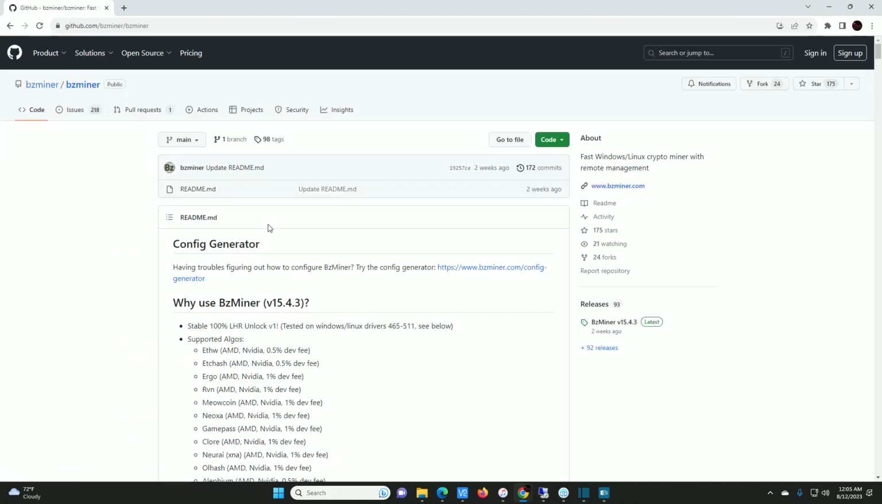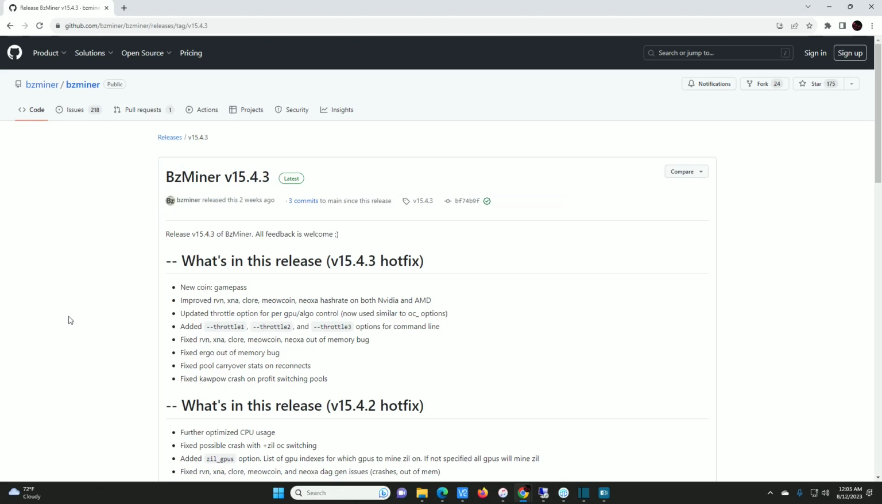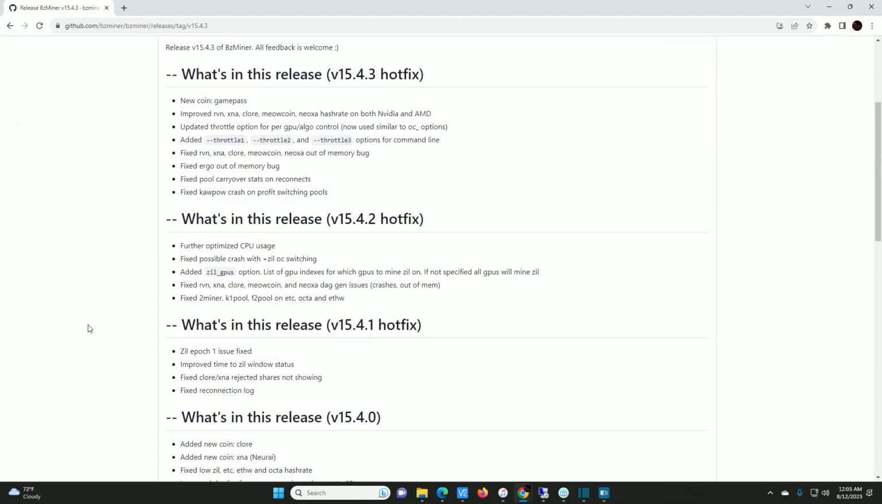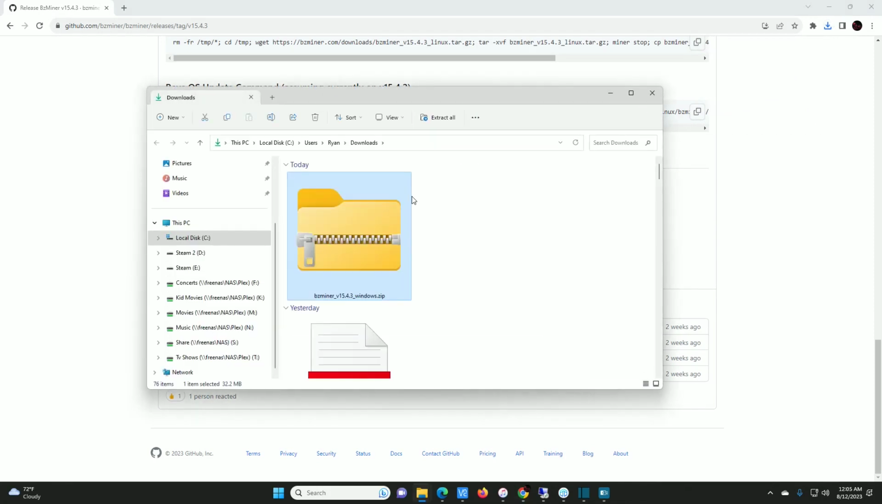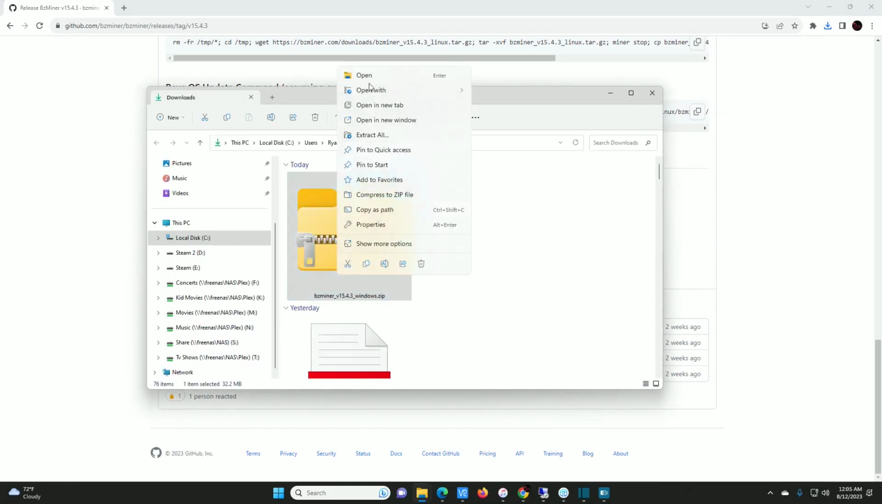Right here. We're going to go to their latest. And again, guys, I will leave links in the description below as always. Scroll all the way down, and we're going to do BZ Miner 15.4.3 Windows Zip. Go ahead and download that. I'm going to extract it. Actually,